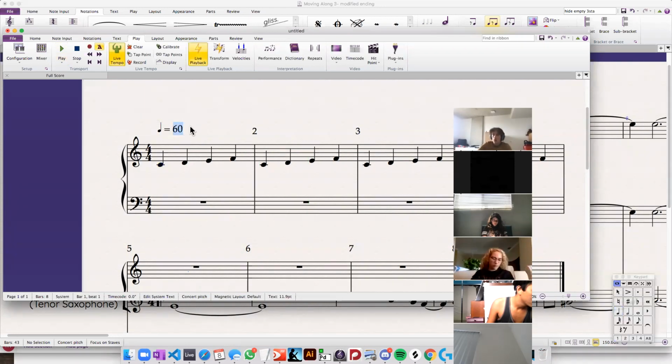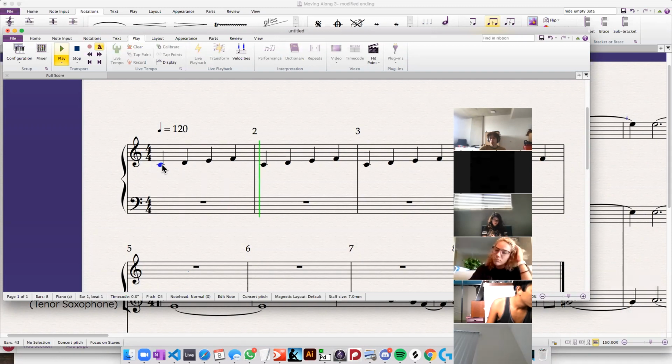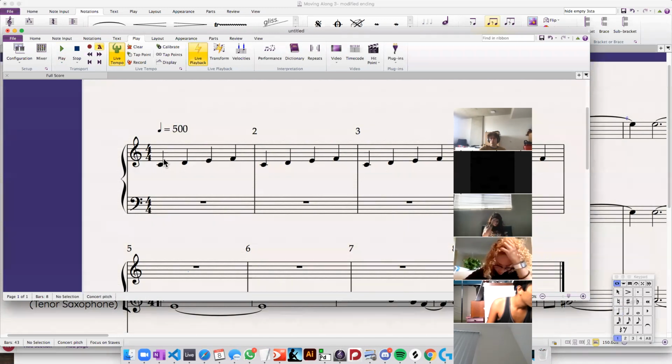If I change this value to 120, there will still only be 4 quarter notes per measure, but there will be 120 quarter notes per minute played. Okay, but if I change this to like 500, the point I'm trying to make is the number of beats in the measure is still staying consistent. All the subdivisions within the measure are staying consistent. It's just that you're advancing through the piece at a faster rate when you change the tempo,